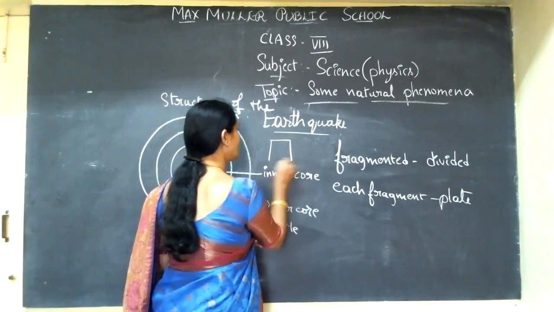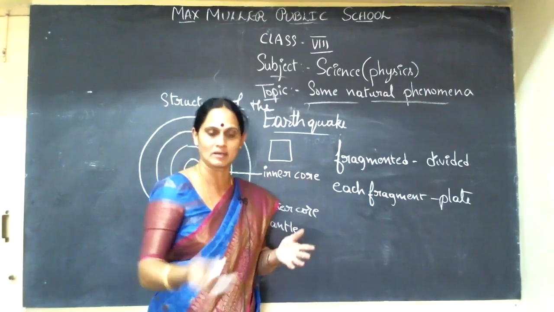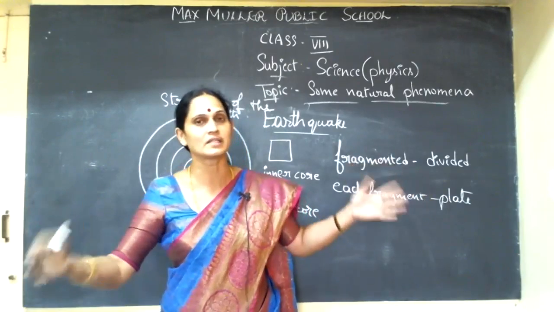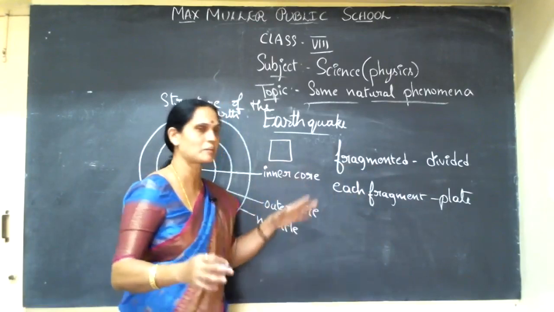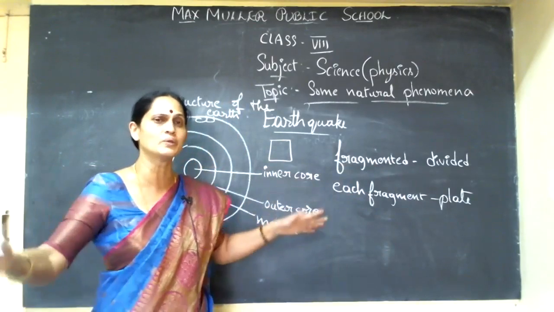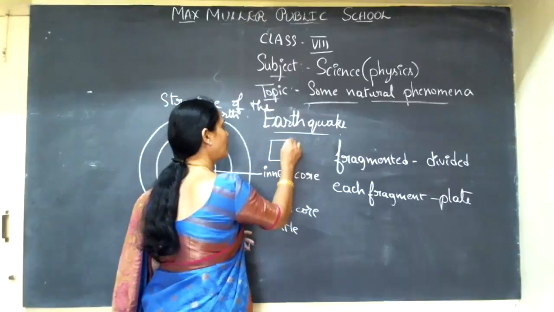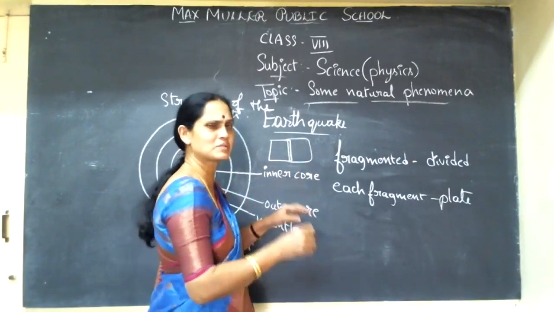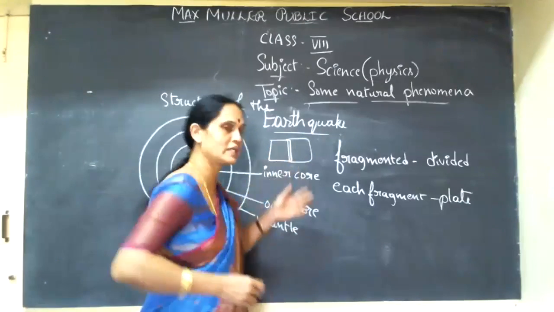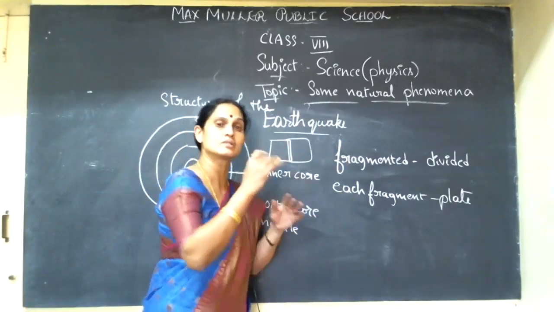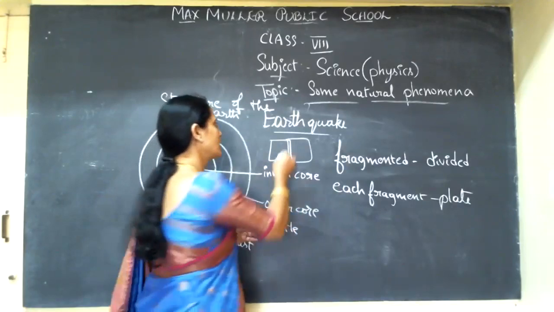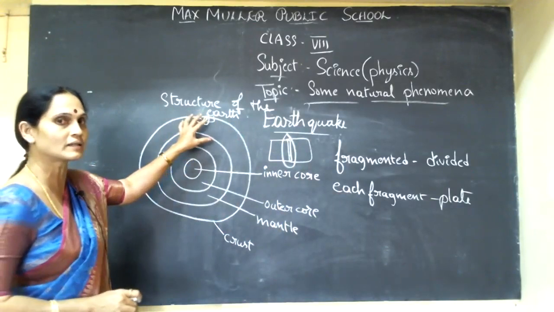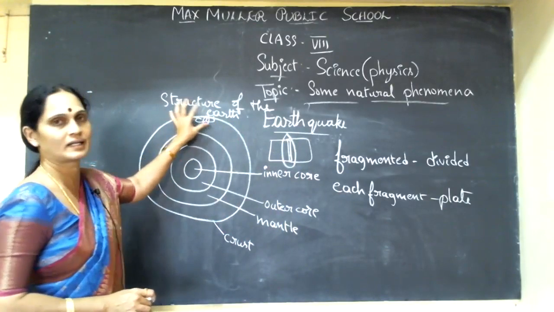Just imagine, plate here doesn't mean the plate we eat lunch and dinner on, not that kind of plate. The Earth itself is a very huge planet, so fragmented means very huge plates. When it is revolving, these plates also continuously move. During the movement, sometimes one plate will go under the other plate or go above it. At that time there is a disturbance at that particular position. So wherever there is a disturbance in the crust of the Earth, there the earthquake occurs.